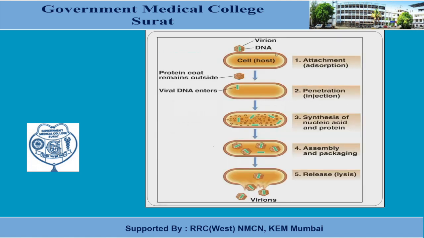So here we can see the virus structure, right? These are the DNA inside the virions. First there will be attachment, which is their adsorption. After that they penetrate inside; only the genome enters and the protein coat remains outside of the cell, right? After that, uncoating and synthesis of the nucleic acid and the protein will happen. Then this protein and the surrounding structure will make one assembly and packing. Next it will be released after lysis of the cell, or rupture of the wall of the host cell.